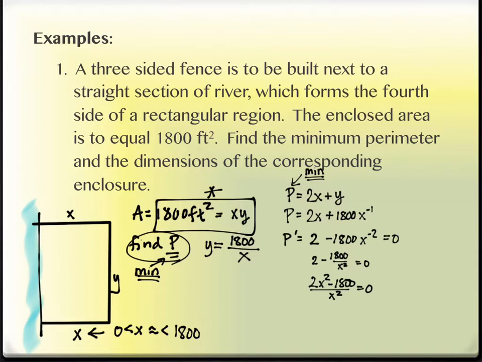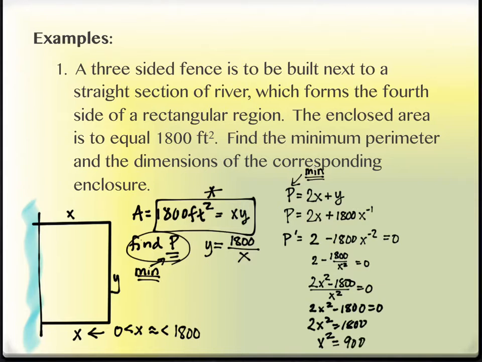All right, so I would like to know where 2x squared minus 1800 is actually, whoops, one more 0, is actually equal to 0 to solve the numerator. You can factor if you want. This one actually solves really nicely by shifting some things around. Namely, 2x squared is equal to 1800. If I divide by 2, x squared is equal to